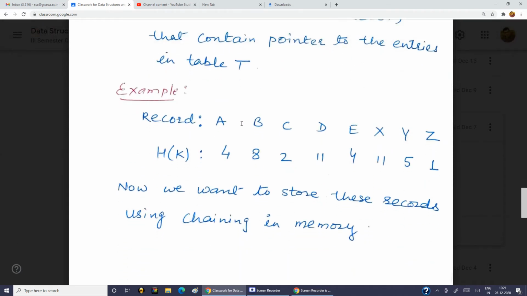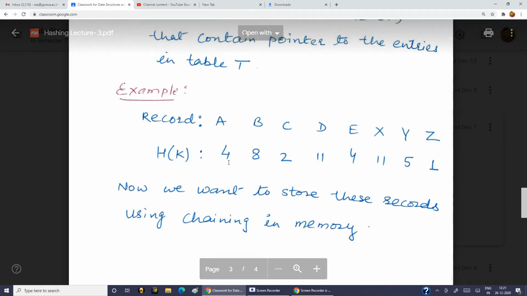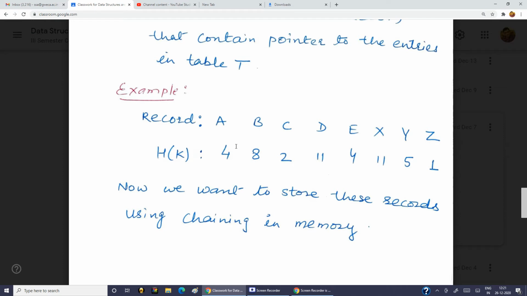Say I have these records A, B, C, D, E, X, Y, Z, and these are the H(K) values. What the key value is and what the hash function is, is not important in this example. You can take that also, but we have a key for each of the records, and for that key we can calculate H(K), and H(K) is like this.